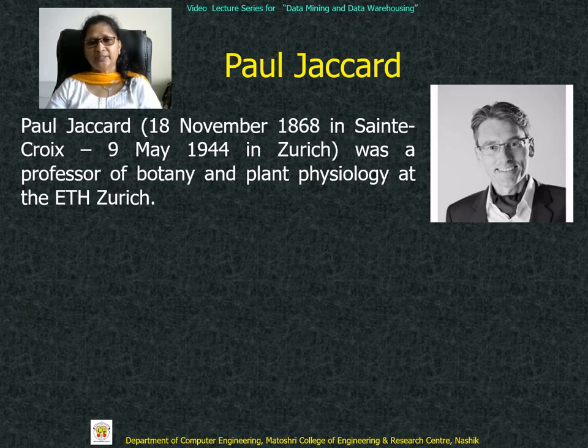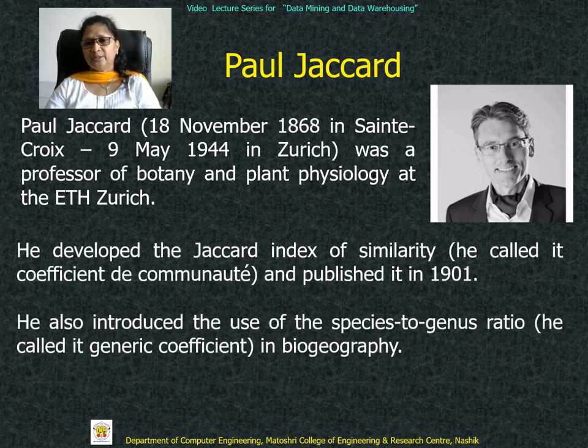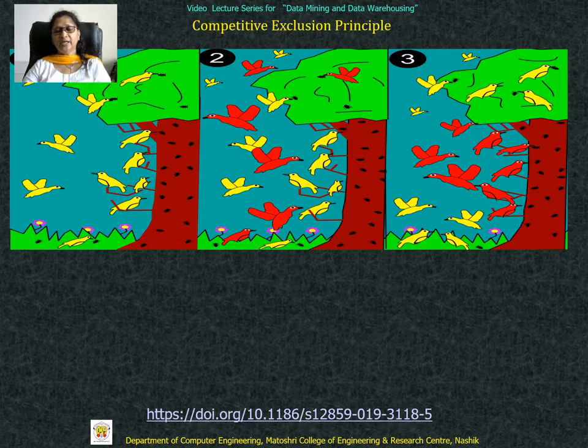I read some literature and came to know that Paul Jaccard was a professor of botany and plant physiology at Duke. He developed the Jaccard index of similarity and published it in 1901. He introduced the use of the species to genus ratio, called the generic coefficient, in biogeography. It wasn't easy to understand all these terminologies and what biogeography is, but I still read a little more about his research and how we are using it in